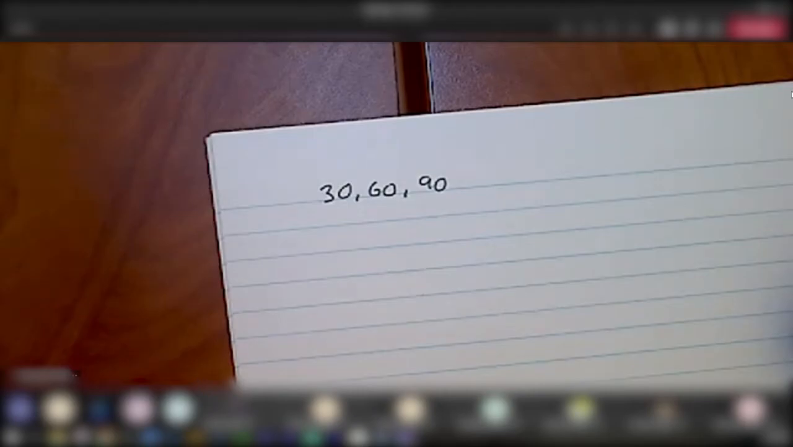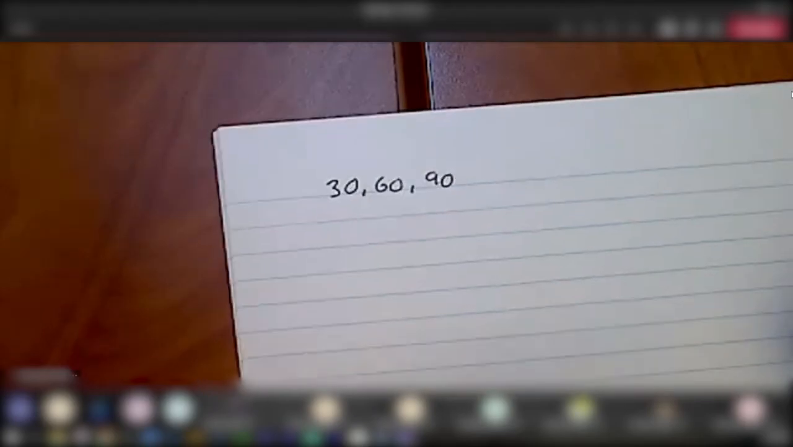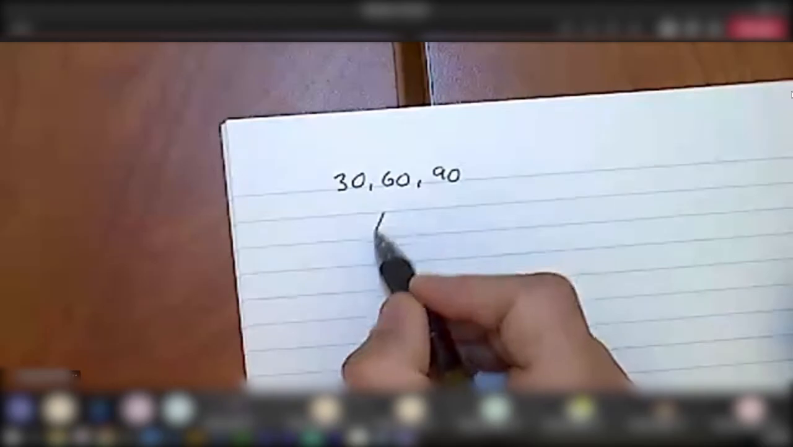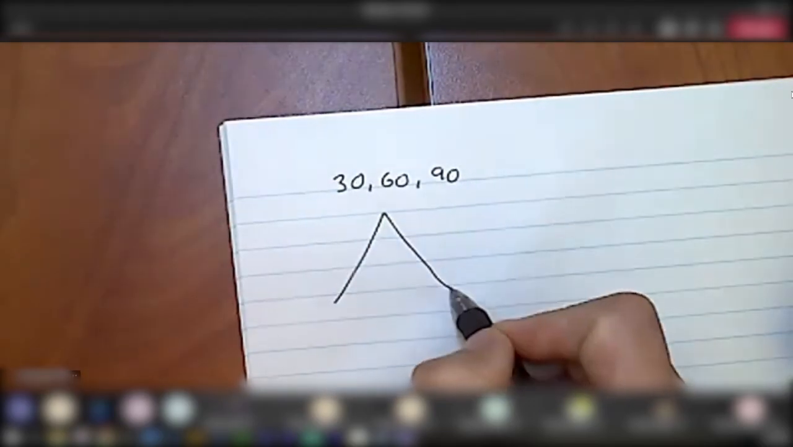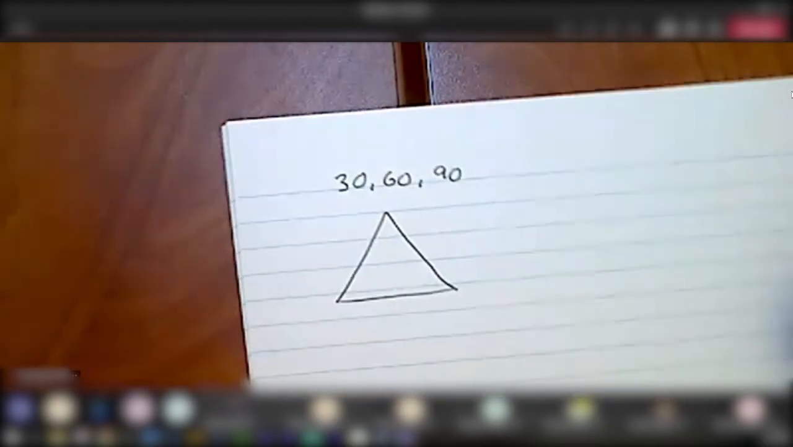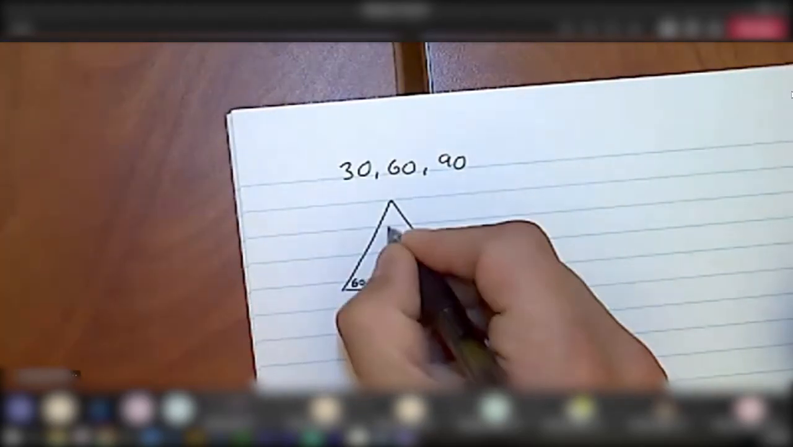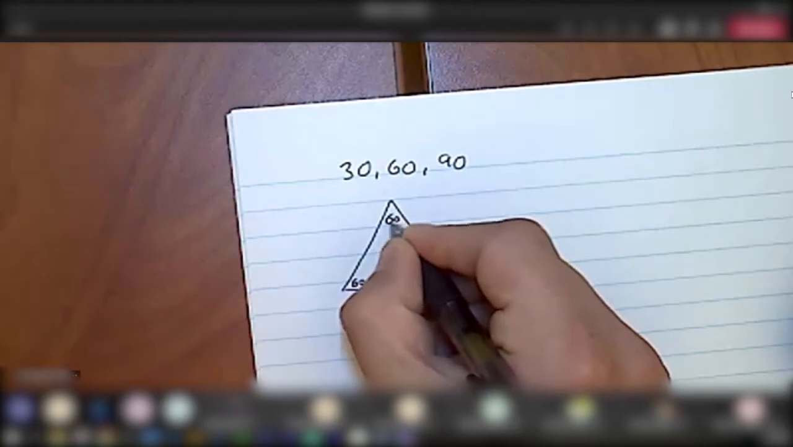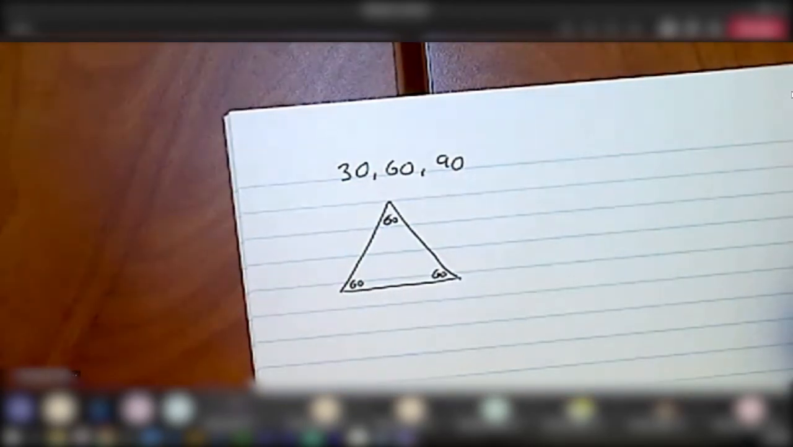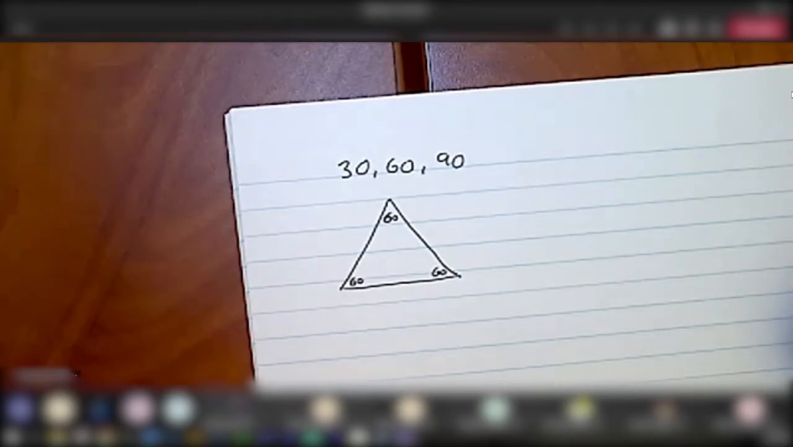Well, let's first show you where this comes from. So I'm going to start out with an equilateral triangle. An equilateral triangle would be if all the angles were 60. If all of the angles are the same, I also know that all of the sides are the same. So I can pick any number that I want for the sides because, again, all we're worried about is